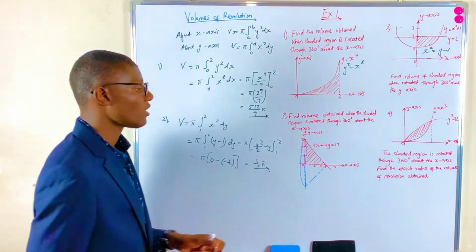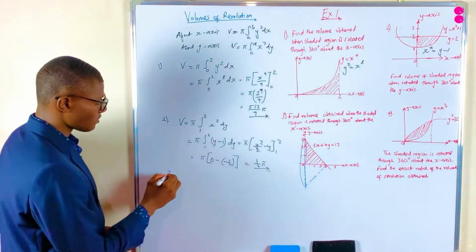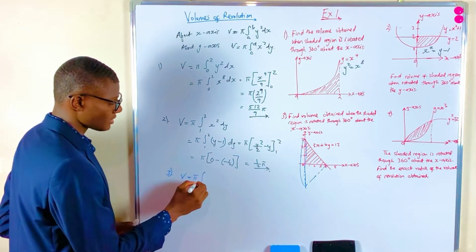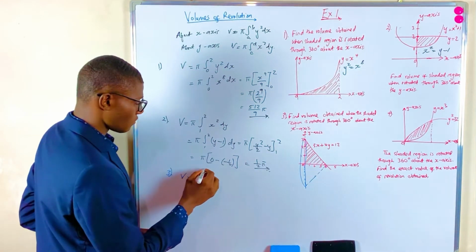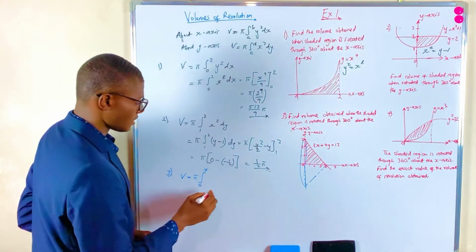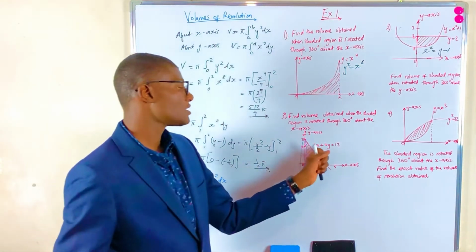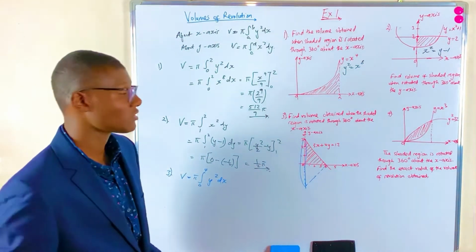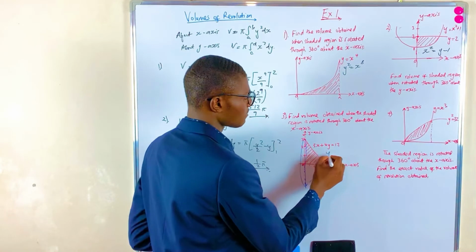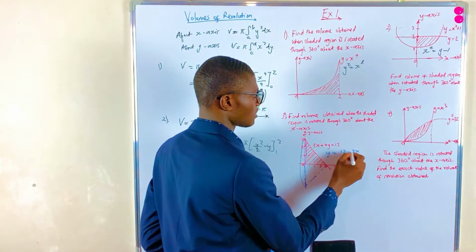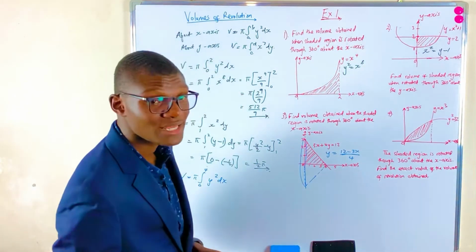Now to find the volume here, this has been rotated about the x-axis. So for number 3, we're saying V is equal to pi integral from 0 to 4 of y squared dx. Now from the equation here, we need to formulate y squared. So first of all, making y the subject of the formula, we've got 12 minus 3x over 4. So this is our y, which implies that y squared would be